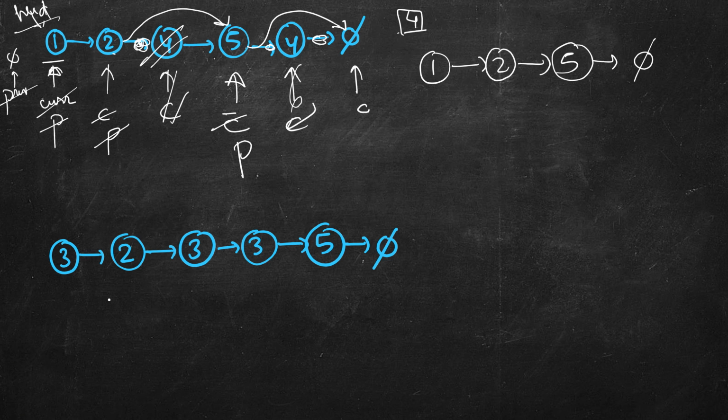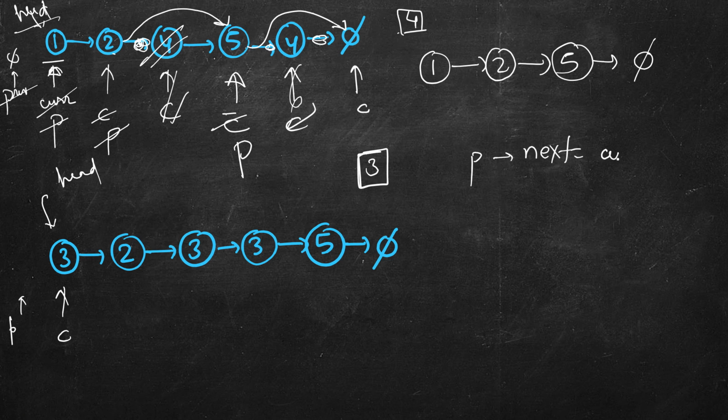Now let's take a look at another example. Here it's the head node that will be modified. Since 3 is the head node and we want to delete all the nodes with a value of 3. So again, this is the current. Previous is here, null. So it's equal to this. So we cannot write previous next equal to current next. Whenever current is equal to the given value, we make the next of previous point to the next of current, and current moves here. But here previous is null. So this we cannot access.